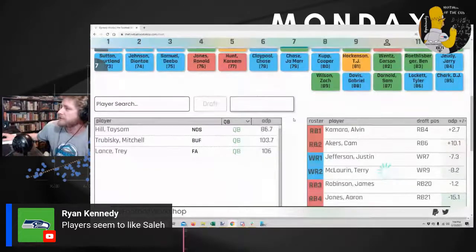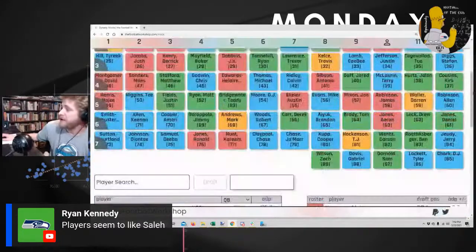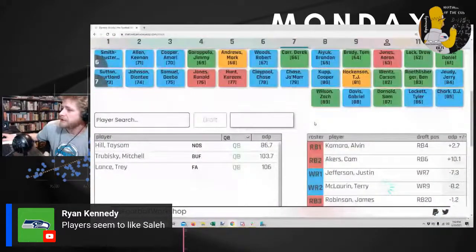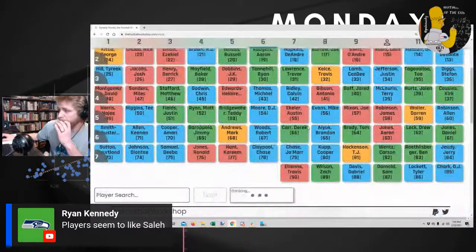Zach Wilson. I mean, Andy, I get it. Quarterback's valuable. This is based on ADP, apparently. People are just nuts for him. Travis Etienne went finally. 8th round.